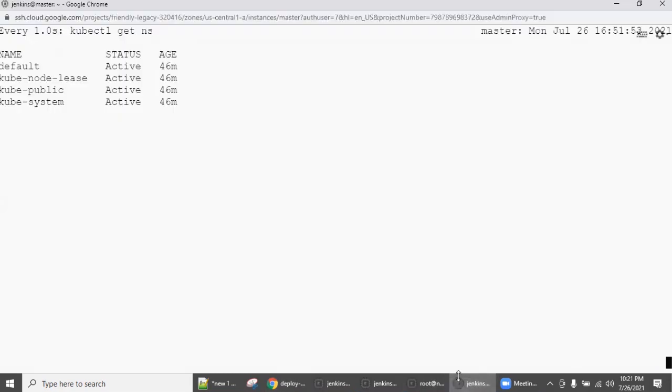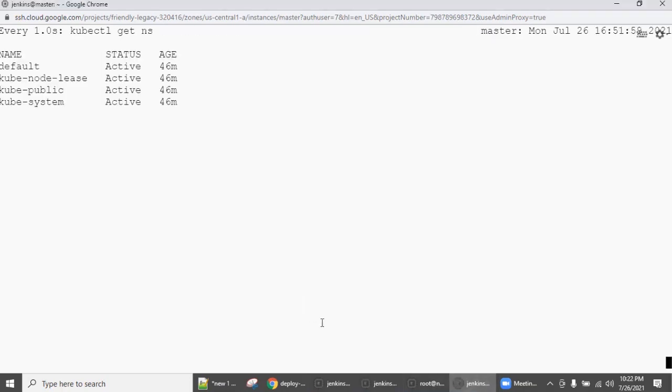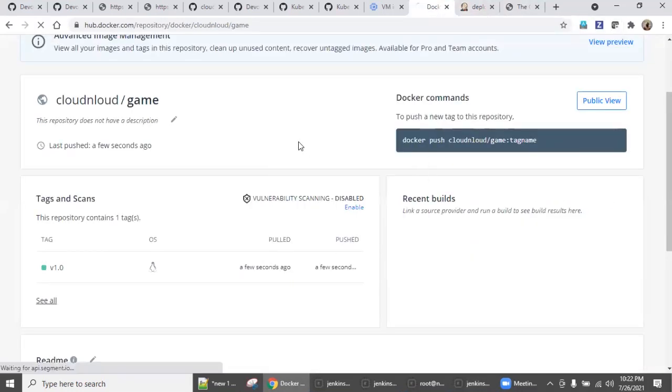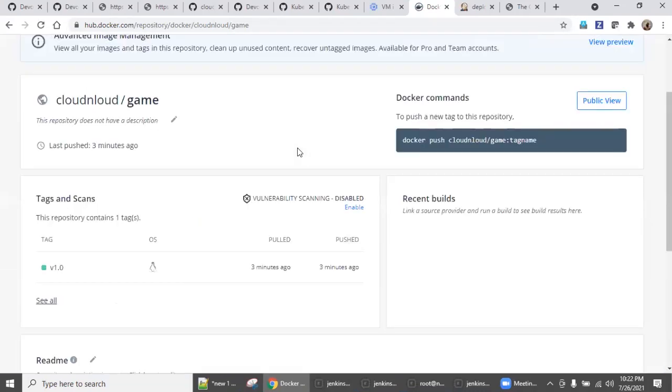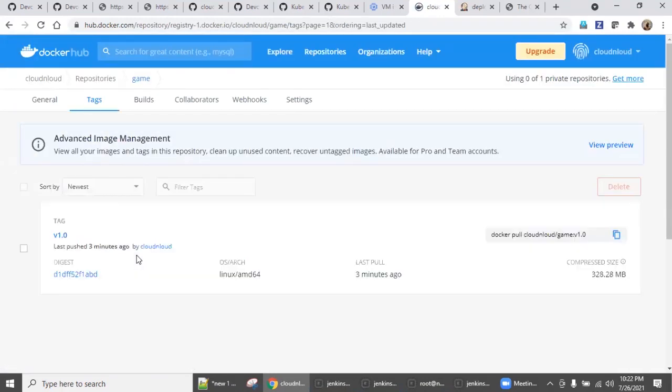Let's wait for some time. So there are no resources. So wait, let me load it. There is a push.